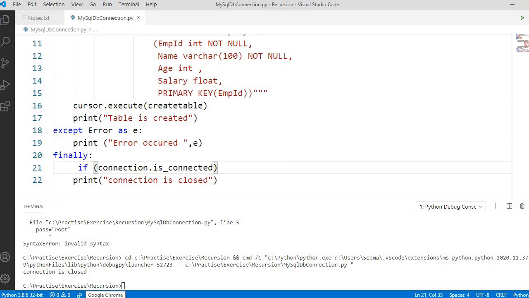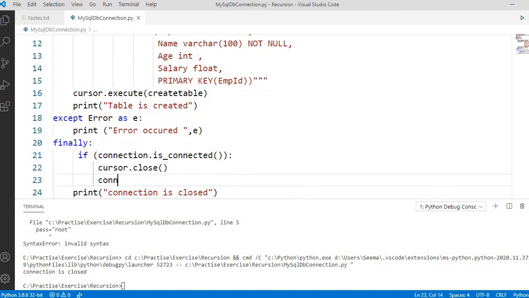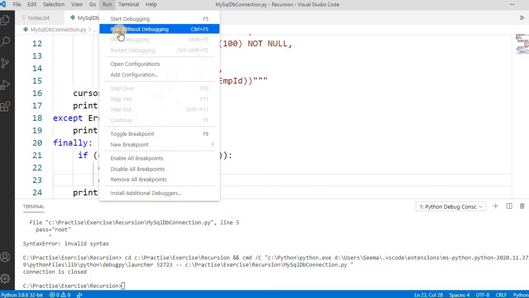It says whether your connection is closed or not. So if it's connected, we will close here: cursor.close and then connection.close. Simple. Let's run this.